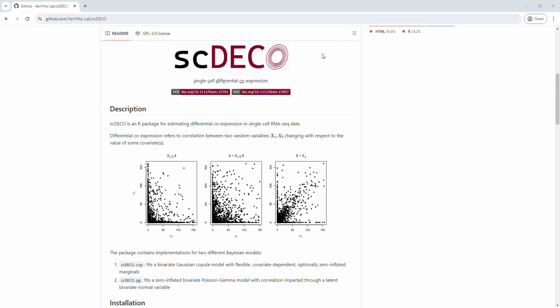This is a tutorial for using the R package scDECO to analyze instances of dynamic correlation. Dynamic correlation refers to the phenomenon when two random variables have their correlation dependent on some covariate or covariates. So you can see dynamic correlation in this plot because the correlation between x1 and x2 when x3 is small is a negative correlation, and as x3 gets larger and larger, the correlation between x1 and x2 grows into a